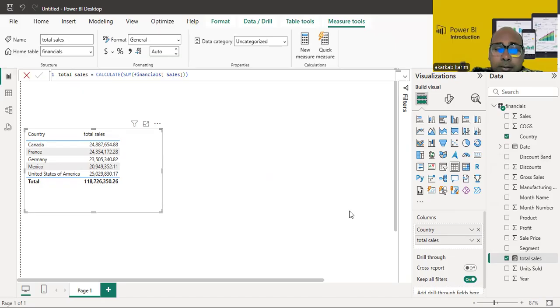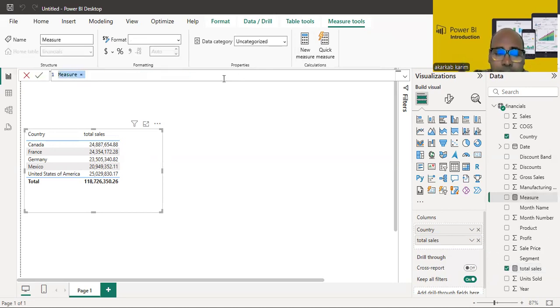So let's choose Mexico, for example. I want the sales of Mexico. So let's create a new measure. Let's call it Mexico sales